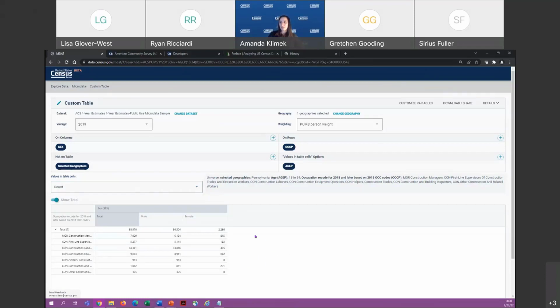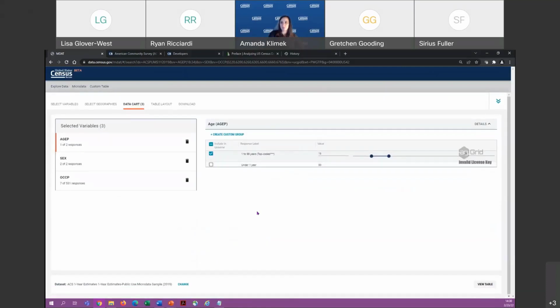You can also see, I talked about weights a little bit earlier, that up here in the weighting section it uses the person weight. We're working with a person variable, how many people work in these occupations, so we're using the person weight. So this is our basic analysis. You can also go back in and continue editing your variables if you want to do a little more analysis. We can also do something called a recode. Say we wanted to look at a couple of different age groups.